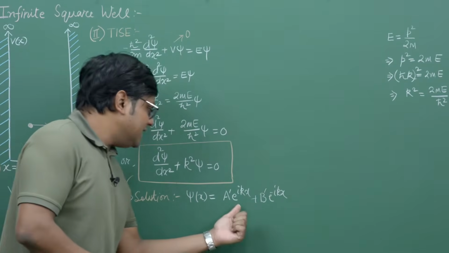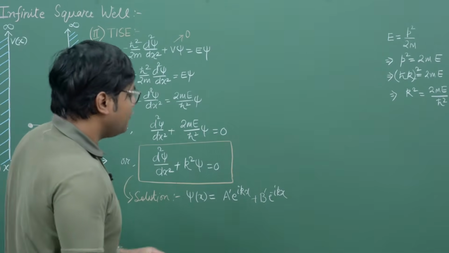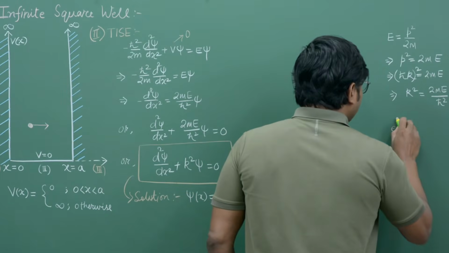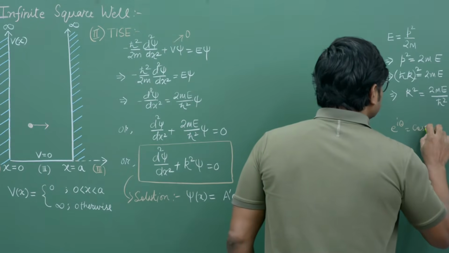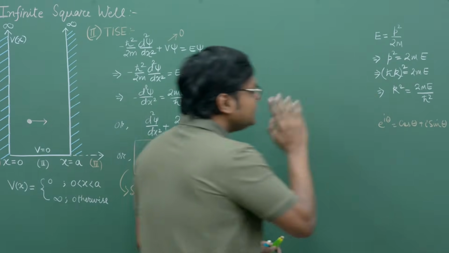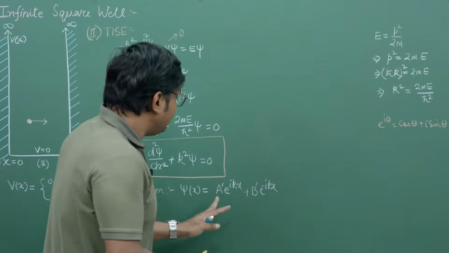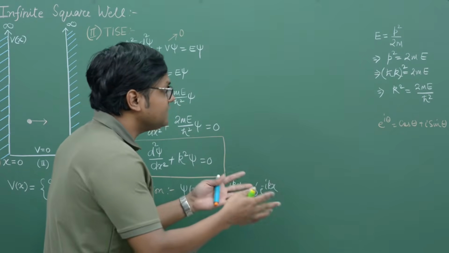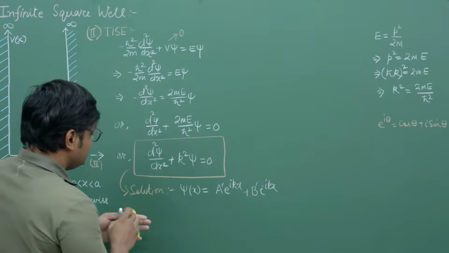Now, what is e to the power iota something? We can always decompose e to the power iota something in terms of sines and cosines, right? So if I have e to the power iota theta, that can be written as cos theta plus iota sine theta. So e to the power iota something can always be decomposed into cosines and sines. If I do that here and combine whatever constants arise from it, even absorb the iota here, this can be simply written as